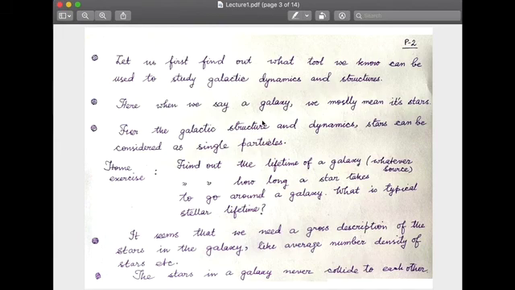And then the other question is, how long does a galaxy live? So what is the lifetime of a galaxy? You can ask the question, even if the star lives long enough, will it make many rounds around the galaxy before the galaxy disappears or changes to something else? It turns out